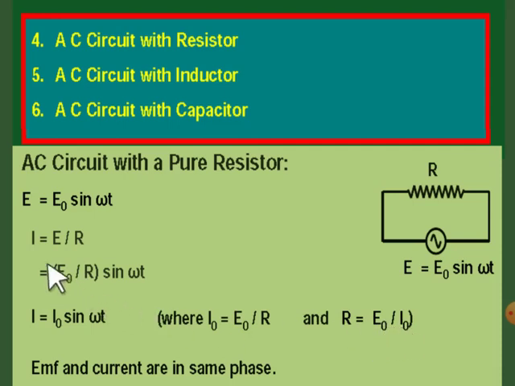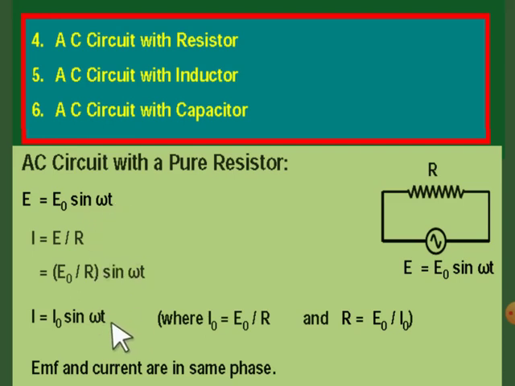That means your instantaneous EMF divided by the instantaneous current will also be equal to R, no doubt. But here also, the ratio of peak EMF to the peak current will also give you the resistance. Now from these two relations, E equal to E naught sine omega t and I equal to I naught sine omega t, both are the instantaneous values of EMF and current. And from these two equations, sine of omega t is involved, and moreover they are